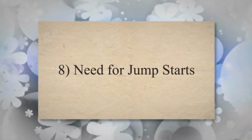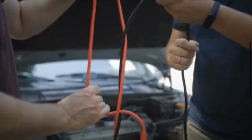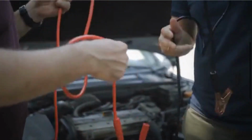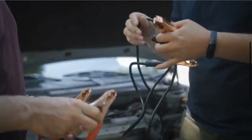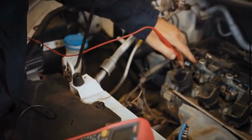8. Need for jump starts. If your car frequently requires jump starting to get it running, it indicates underlying issues with the battery or charging system. Continuously jump-starting a car without addressing the root cause can lead to further damage to the battery and other electrical components. So, if you are experiencing any of these symptoms, it's a good idea to have your battery tested